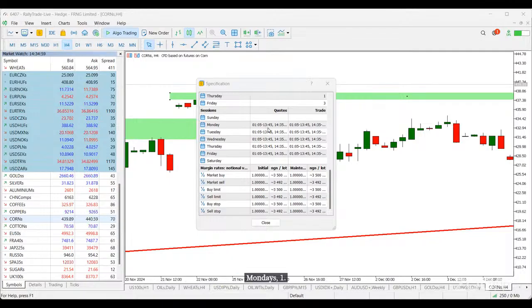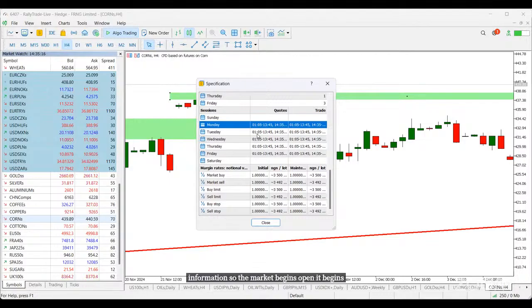1:05 to 1:45. So the next market will open by 2:35. By 2:35, this market will open again. So these are information. The market begins trading by 1 a.m. From 1 a.m. to 1:45 p.m., the market will trade. From 1:45 p.m. the market will close,